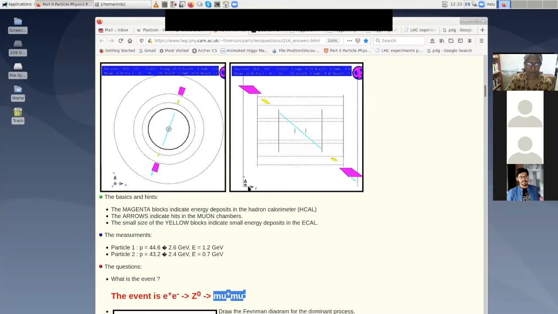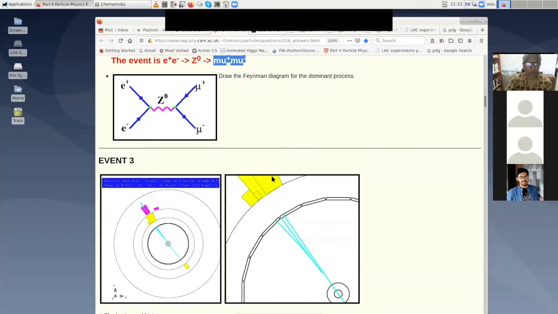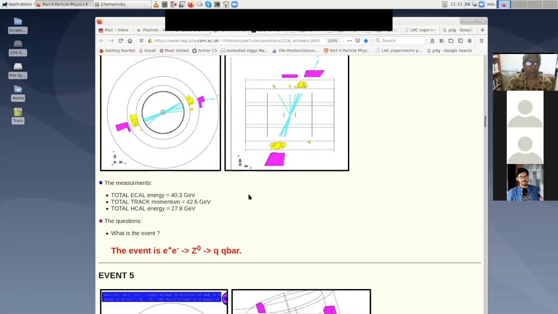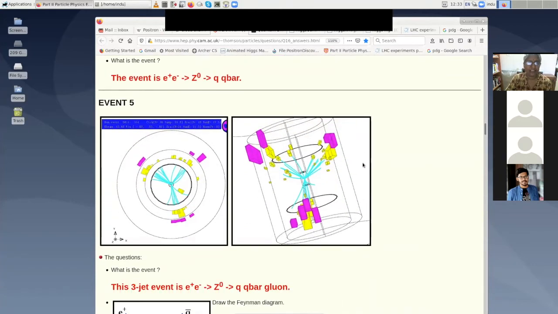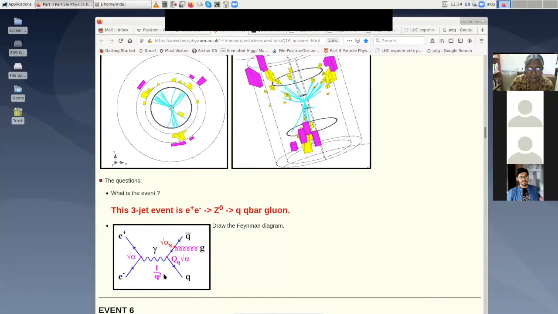Okay. Shall I proceed to more on the quarks? So now you understand that instead of a single track, if I have many, that is a jet and indicates a quark. So now you can see here, what have we got? I have one jet, two jets, three jets. I'm not going to tell you electromagnetic, hadron, energy, nothing. Now we have 1, 2, 3 jets. And you can see how the 3 jets form.